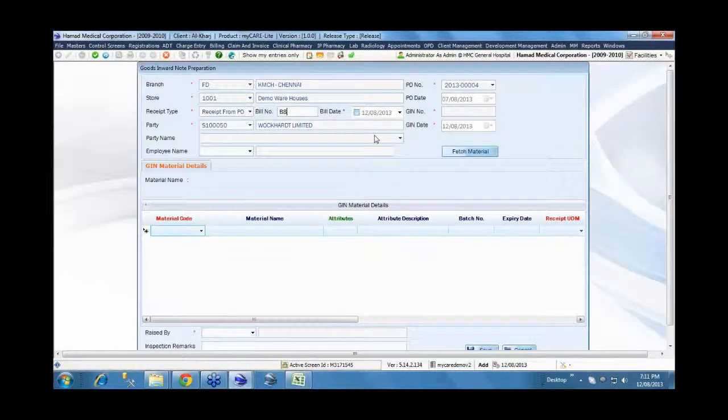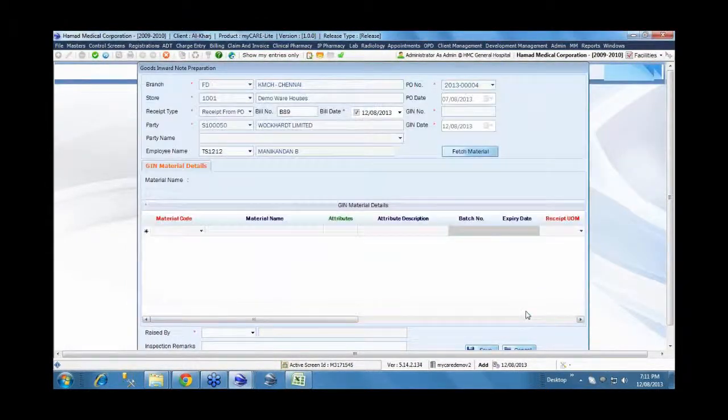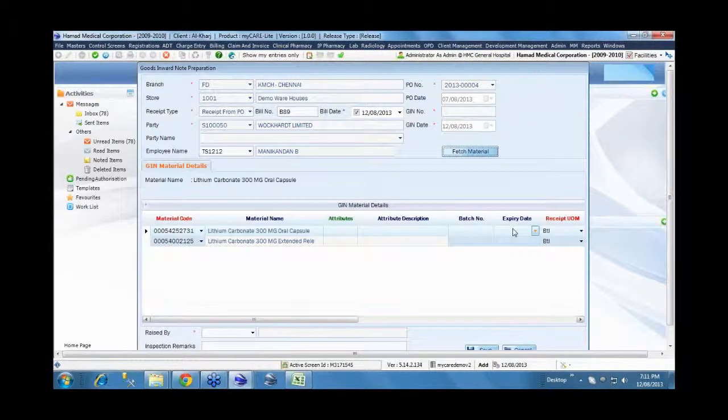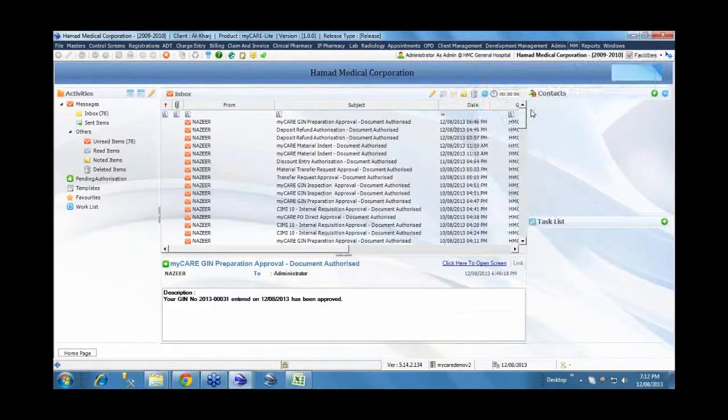Accordingly, an item will be delivered to the respective location, and from there they can raise a goods inwards note and an inspection note. That is to confirm that whatever items we have received are in accordance with our specification and so on. We'll close this, we'll not continue with this entry. We'll close this and just show the goods inwards note preparation as to how it is. Okay, so the next thing, the goods inwards note inspection.